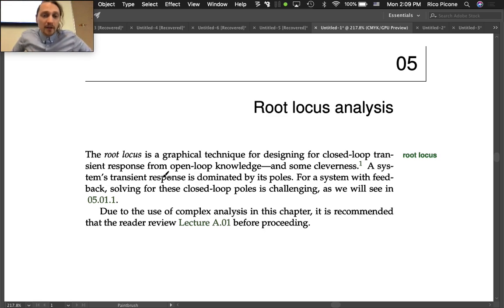So the root locus is a graphical technique for designing for closed loop transient response from open loop knowledge and some cleverness. A system's transient response is dominated by its poles. Okay? The zeros also have an effect, but the poles are the dominant effect in the transient response. For a system with feedback, solving for these closed loop poles is challenging, as we will see in the next lecture, in 5.1. Due to the use of complex analysis in this chapter, it is recommended that the reader review lecture A1 before proceeding. So we'll review it,